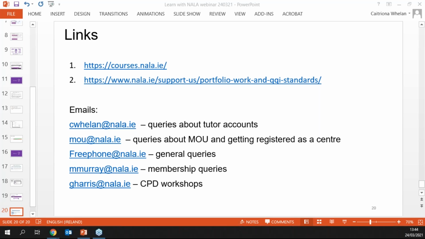But would NALA be considered the provider, or would our centre? Well, we consider you to be the provider, which is why we've put the logo for your centre up on the platform. So we recognise that they're your learners. Okay. I suppose in terms of all the QQI work, NALA is considered the provider because